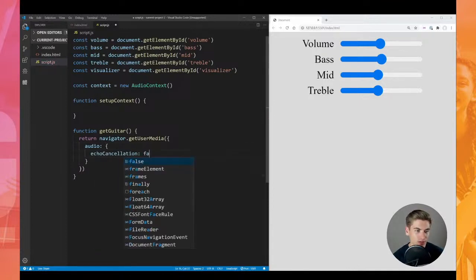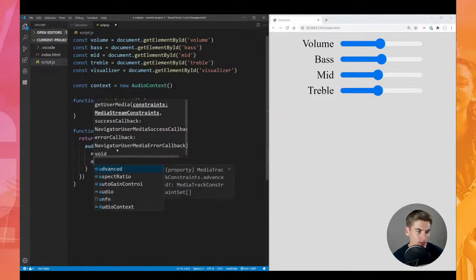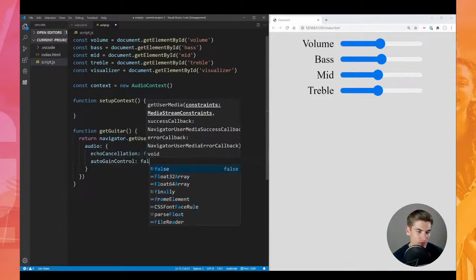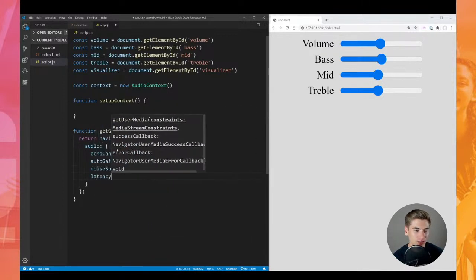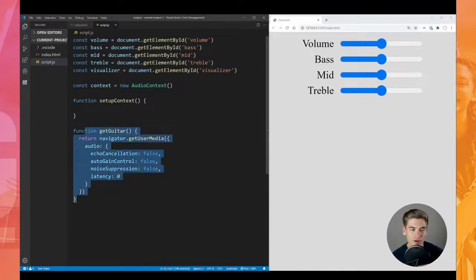So echo cancellation, we're going to set that to false. We're going to set our auto gain control to false. We're going to set our noise suppression to false. And also we're going to set the latency to 0 to give us the most real-time experience of playing our guitar and hearing it out of our speakers. And again, you can do this with your voice to create like a voice changer app if you don't have an instrument on hand. So now this getGuitar function is completely done,